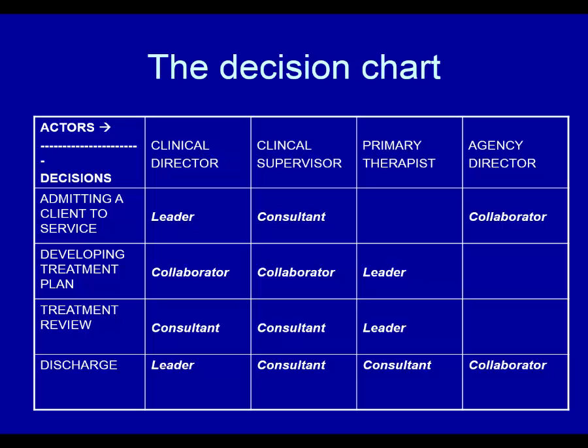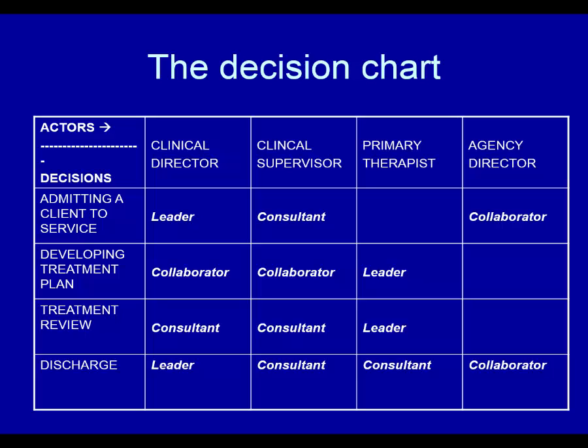It says this person is collaborator. Collaborator is a person who has decision power because this is a person who must agree with the decision in order for it to go forward. So the collaborator and the leader, in a sense, share power in regard to this decision. But the leader is the person who typically, in a situation of admitting a client, would go through the process of deciding who should be admitted and not. Would probably put that forward to the director, who would then, in many situations, might just say, "Okay, fine,"